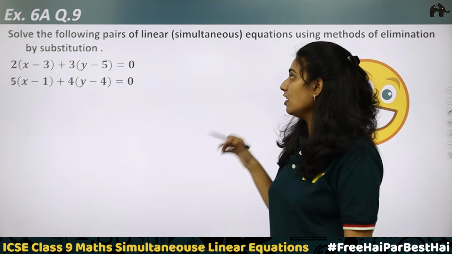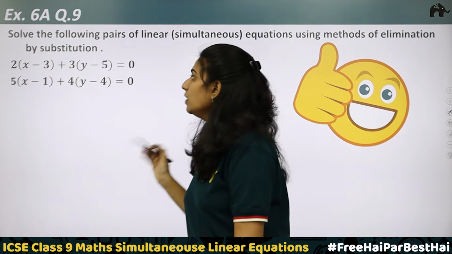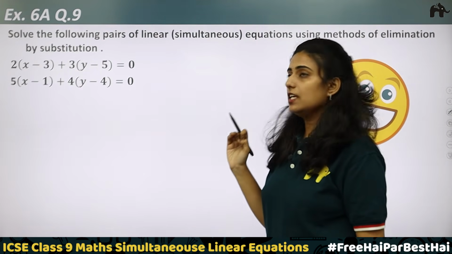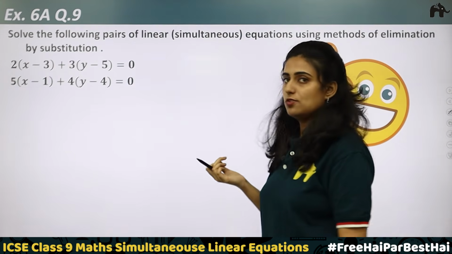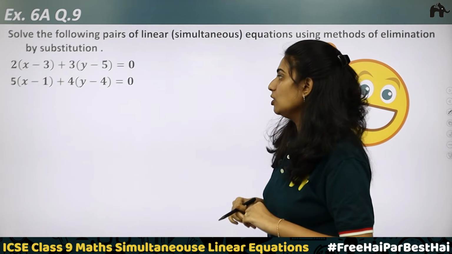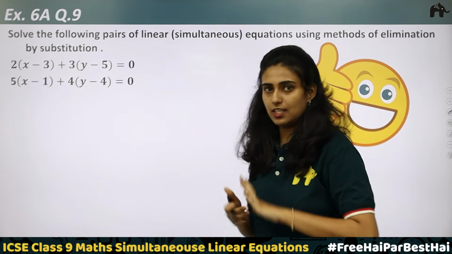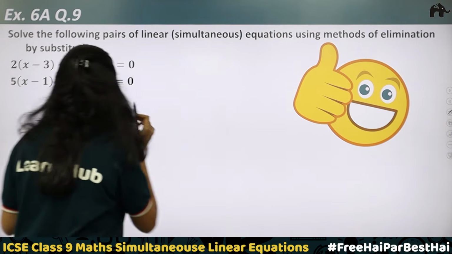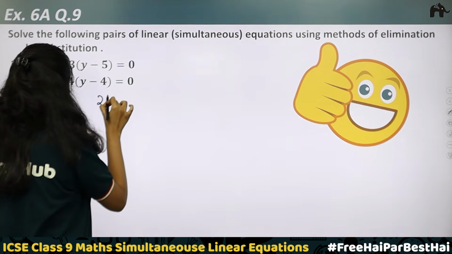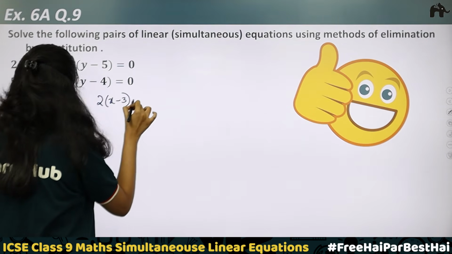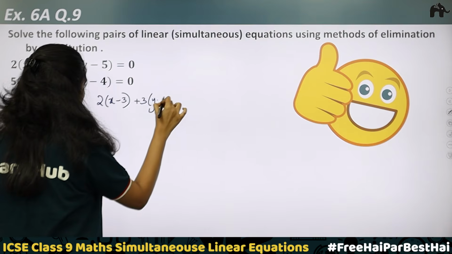Clear? Question number 9 of exercise 6a. 2 into x minus 3 plus 3 into y minus 5 is equal to 0, first equation. 5 into x minus 1 plus 4 into y minus 4 is equal to 0, second equation. So let's take the first equation, that is 2 into x minus 3 plus 3 into y minus 5